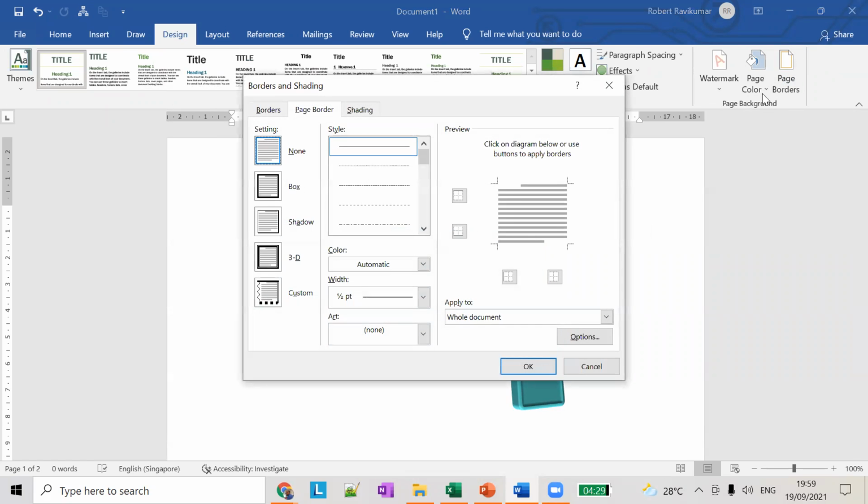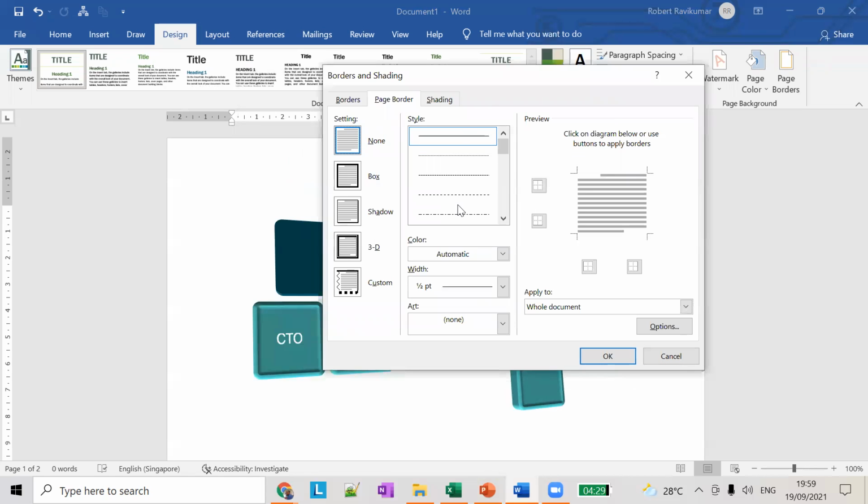Click on it, and now you see the Borders and Shading window that appears. In this menu, you can choose different borders that are available. Currently the border is None, so nothing is displayed here. If you want to add a box border, just select this option here and click OK.